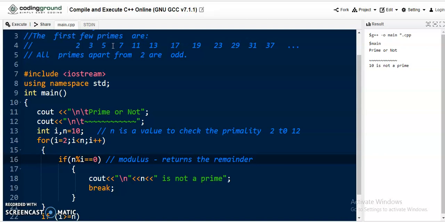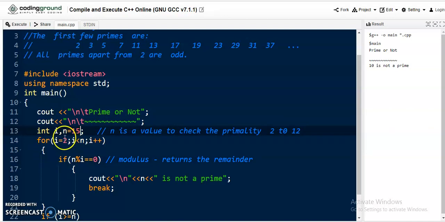So we decide whether a number is exactly divisible by a value or not through the modulus operator, which always returns the remainder value. Already in the definition we said a number divisible only by itself and 1 is called prime.